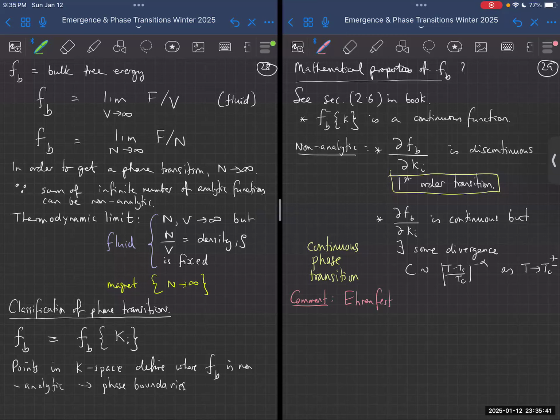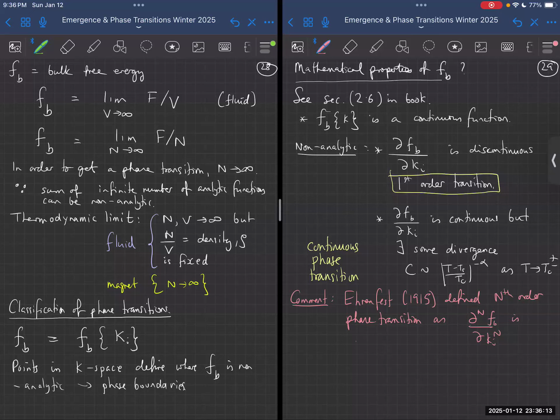Ehrenfest, about 100 years ago, defined nth order phase transitions as d^n F by dK^n